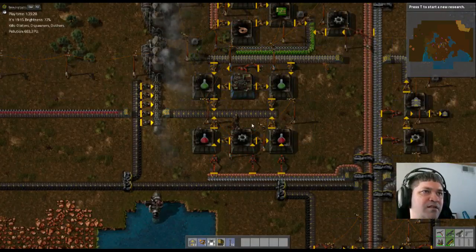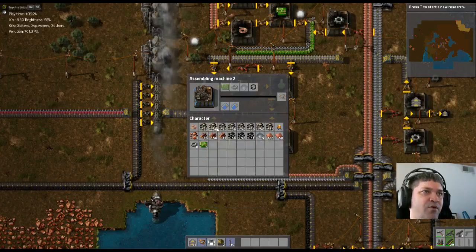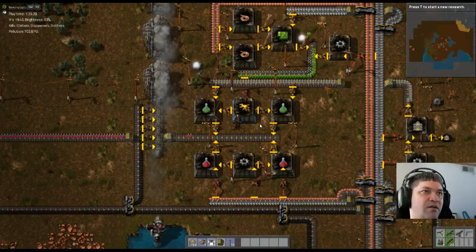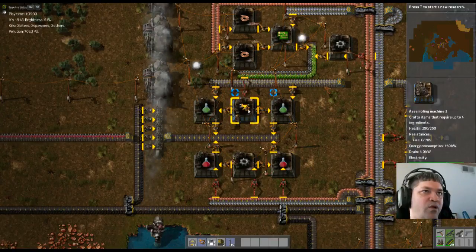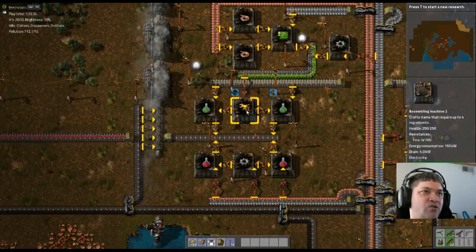Now the problem with this setup, let's take a look and see how fast these go. This is for the inserters. We are now making inserters. It's pulling the circuits, it's pulling the gear wheels, it's making an inserter. Once the inserter is made,